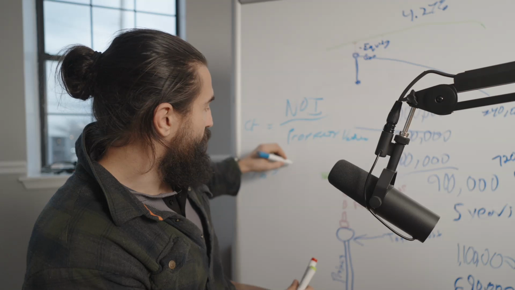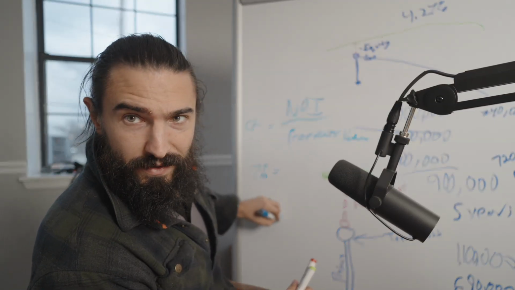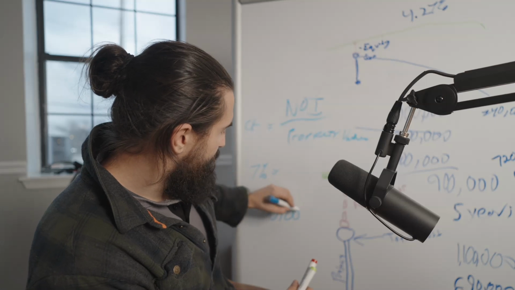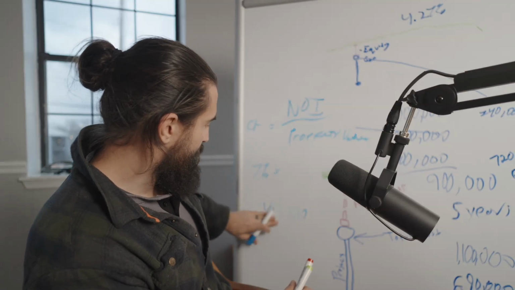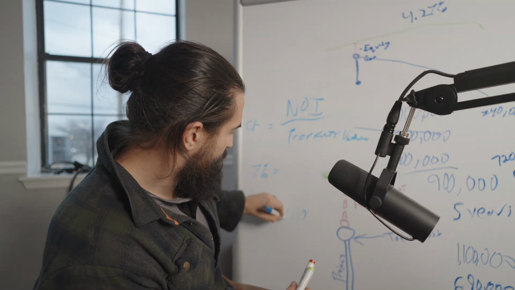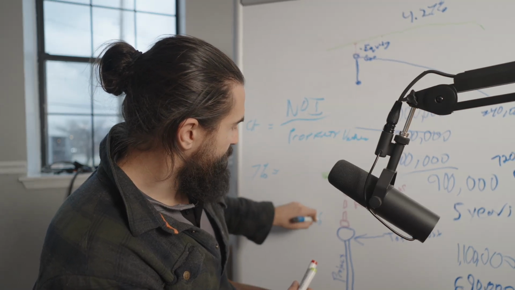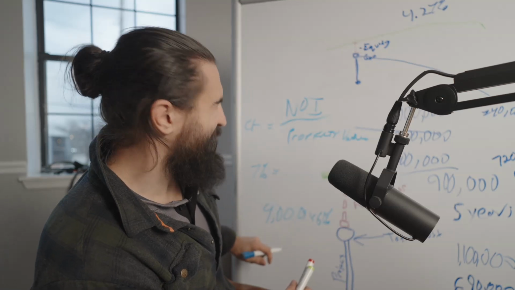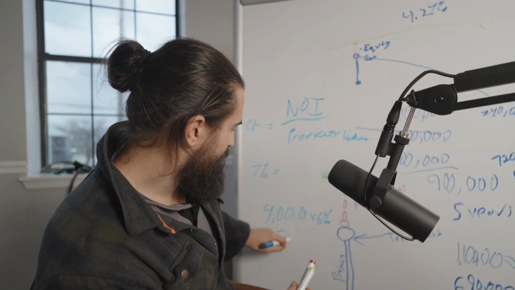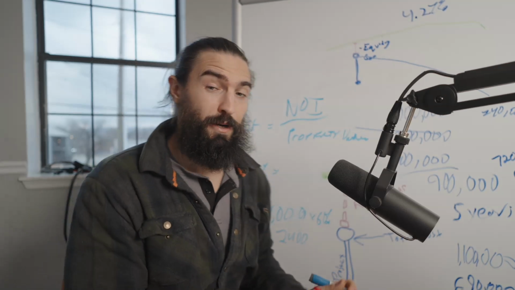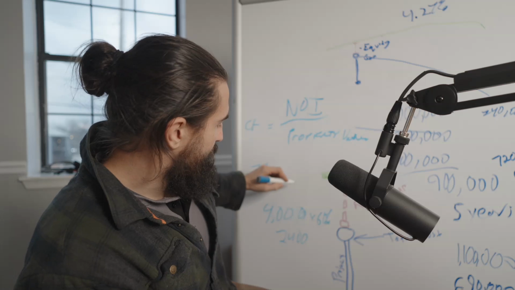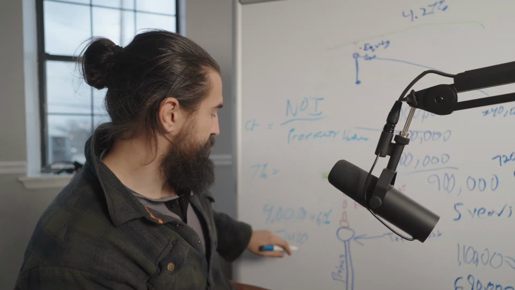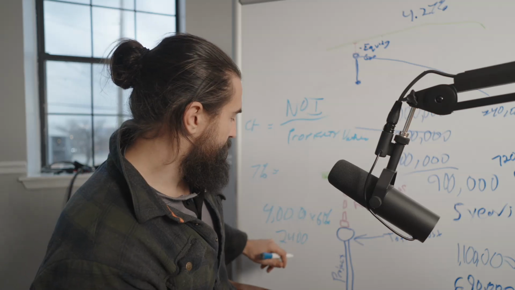So as quick math, I would figure around 60% of my revenue. $4,000 times 60% equals $2,400 a month. That's an NOI, figuring in all those things I just said. $2,400 a month times 12 months is